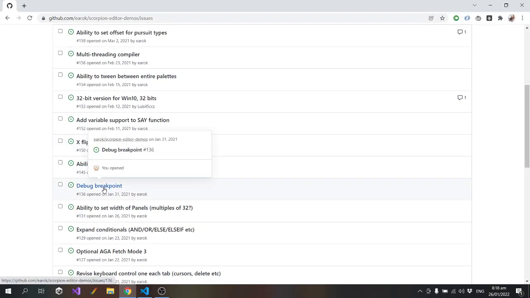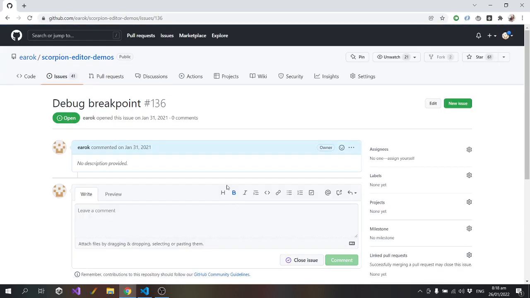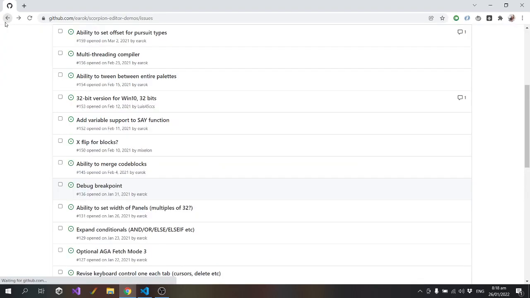Debug breakpoint. I think I'll leave that as it is. I'll come back to that. I've already added some debug tools in there, but the idea for a breakpoint is, so what a breakpoint is when you're coding something, you can flag a line to say, okay, when the program reaches this line, I want it to pause so that, for example, I can look at the variable state.